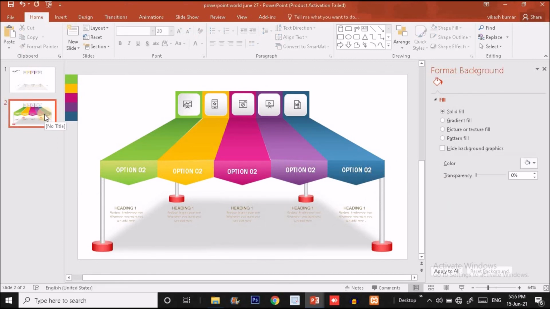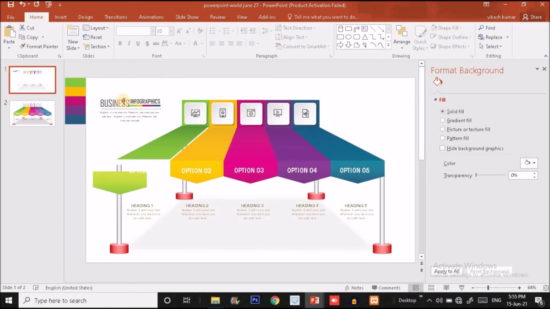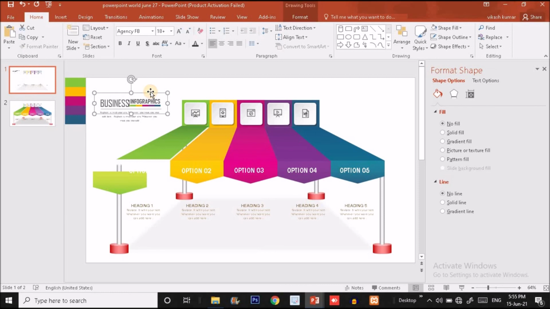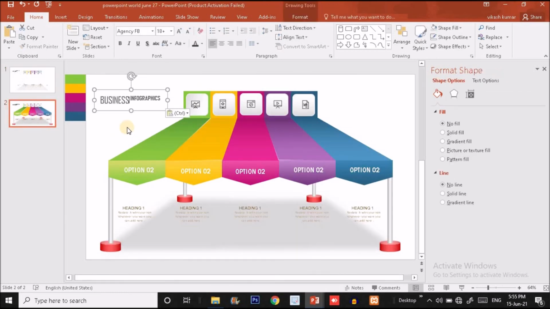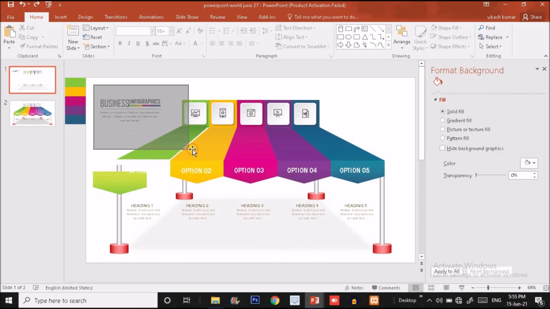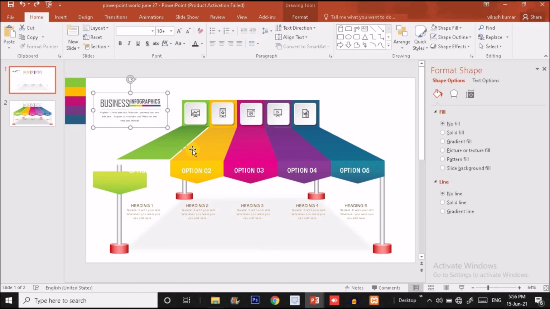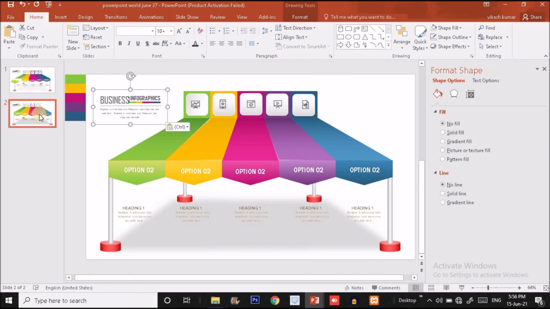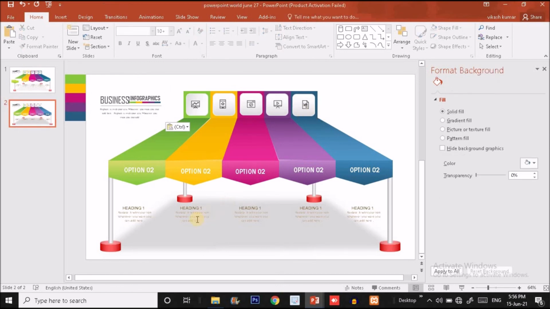Change the text guys, change the text over here, and now finally I have created this text group over here. So again I'm going to press Ctrl C and put it over here by pressing Ctrl V guys. Control G, group it, Control C, and paste it over the new slide.